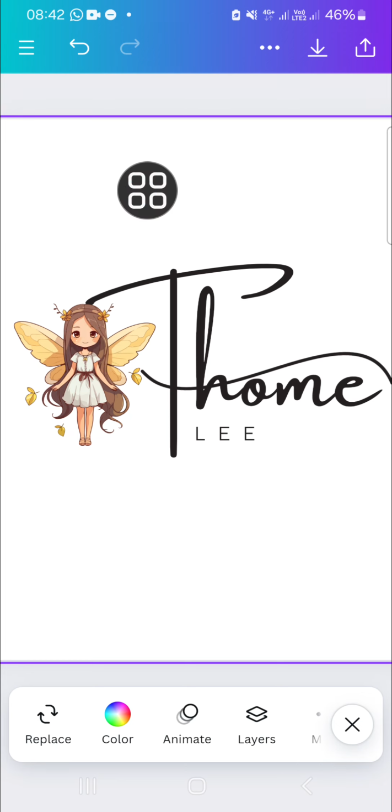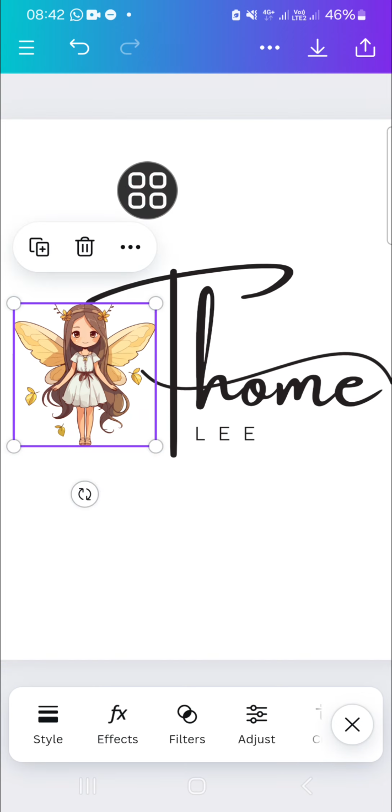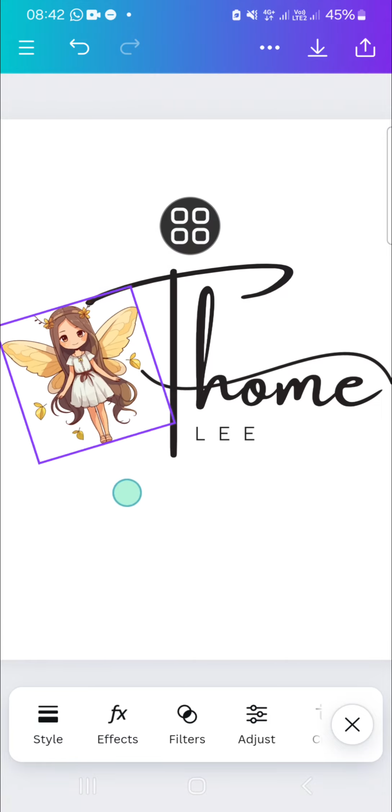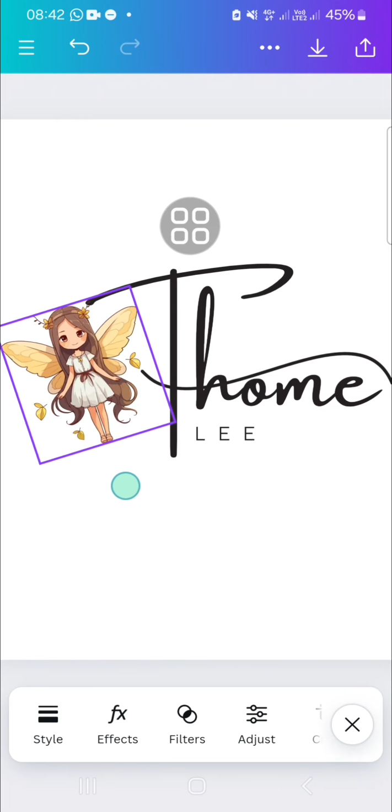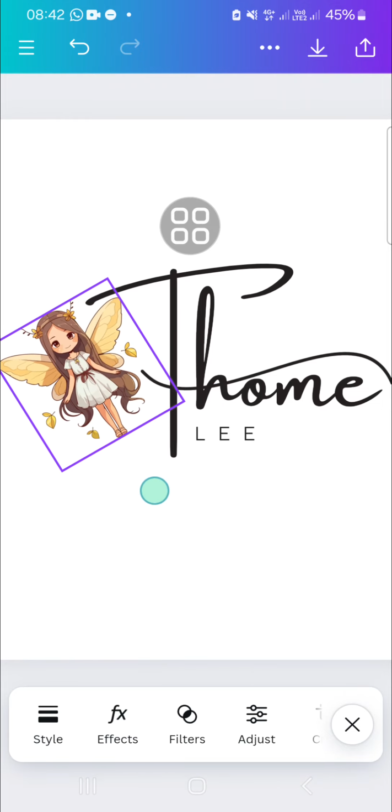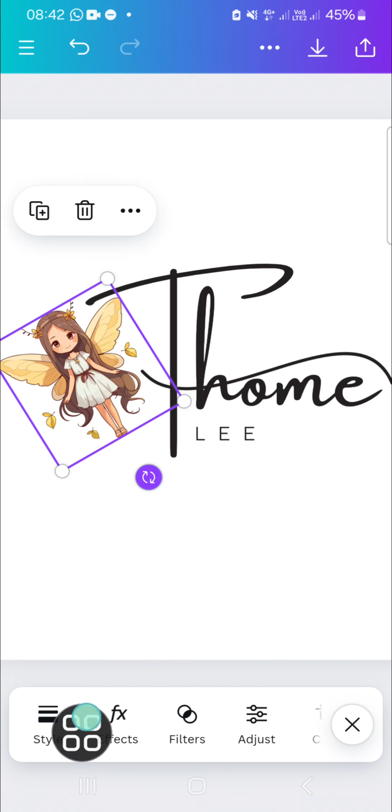First things first, we need to click on the element we want to flip and rotate. And if you want to rotate, you can simply click on this rotate icon, and you just need to rotate it as you like. And if you want to flip the element, you can go to the options right here on